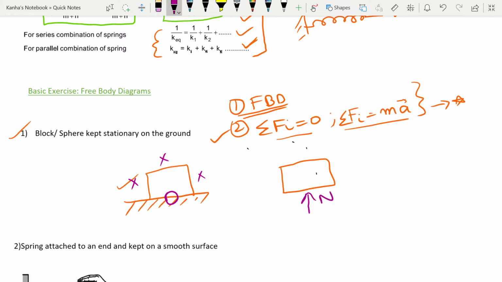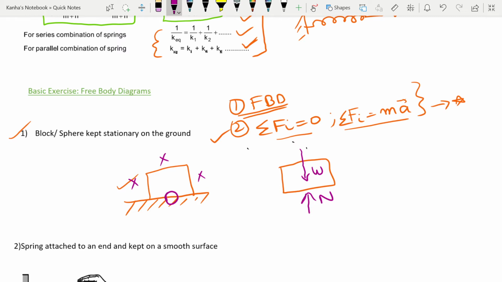And next we will look at the field forces, or basically the non-contact forces. So it has a non-contact force, gravitation, acting on it. There is a force of gravity acting on it. In most of the questions here, you will often find that gravity is always acting. So the only non-contact force in most of the questions here is gravity. Later in the course, you will see that there is Lorentz force acting as well, but we'll consider that later.